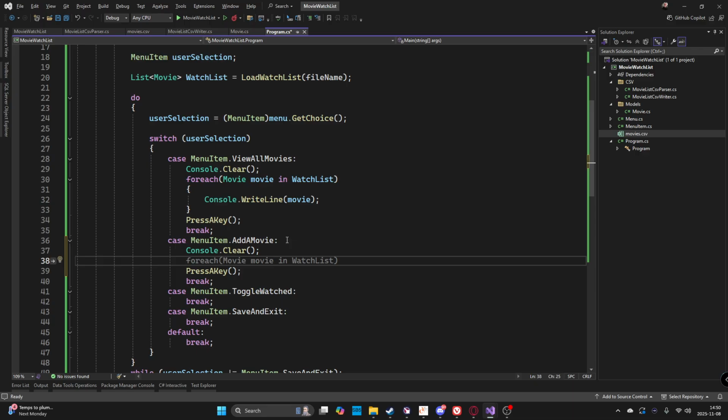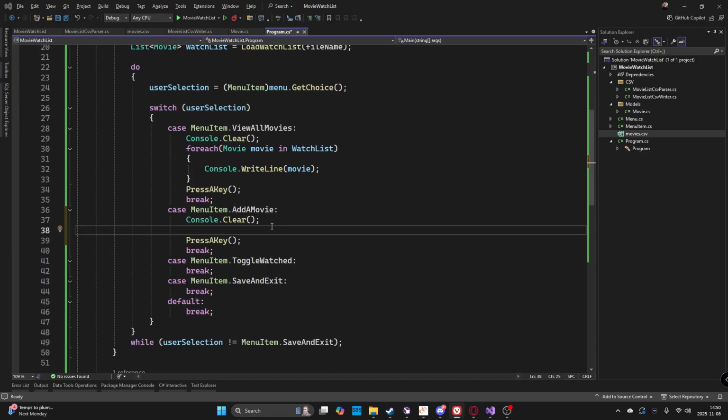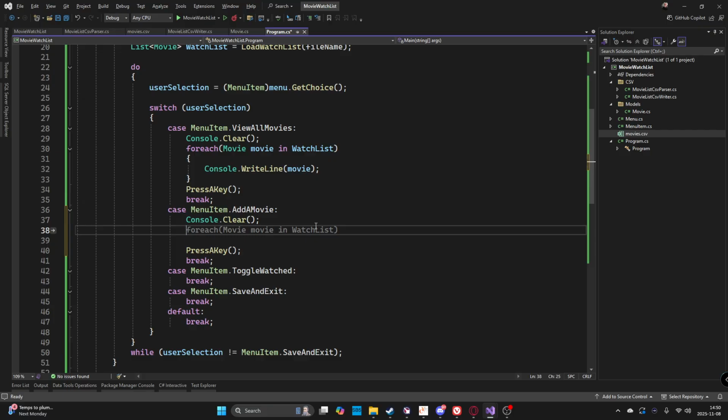What I'm thinking is to just do this exact same thing here, but add some numbers and do a separate menu for it. Let's do that. So we'll use our own menu again. Add menu equals new